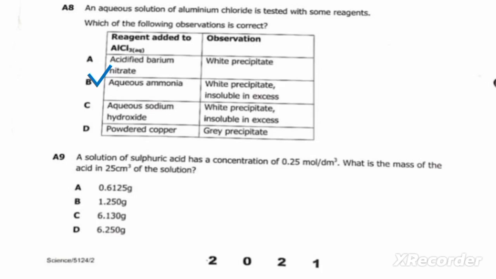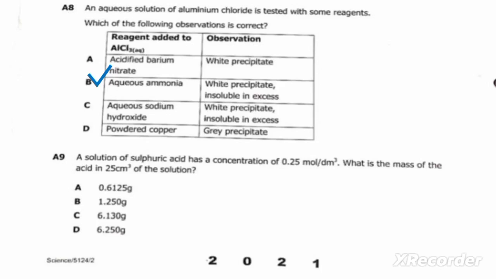What is the mass of acid in 25 cubic centimeters of the solution? A: 0.6125 grams, B: 1.250 grams, C: 6.23 grams, D: 6.25 grams. Okay, so the first thing that we are going to do here, we are given the concentration, and we are also given